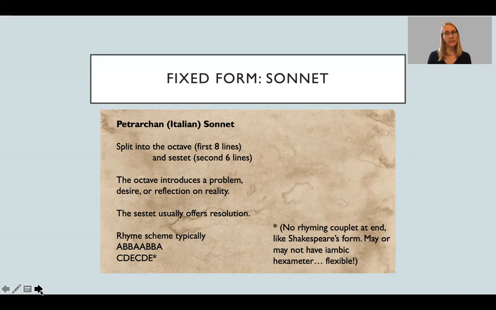And there is a rhyme scheme typically. You'll notice that the octave, or the first 8 lines, are usually in some sort of pattern that's repeated. Traditionally, Petrarch would work with A, B, B, A, A, B, B, A, where the A sounds are the same and the B sounds are the same. And then the sestet did its own thing. So C, D, E, C, D, E, right? Introducing new rhymes. But again, as poets came to this particular version of the sonnet and Petrarch already started to give some permission for making some changes, you'll see some different patterns happen.